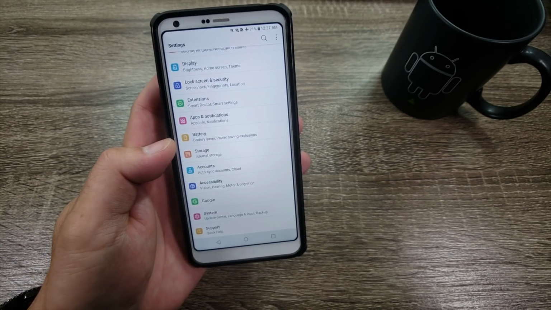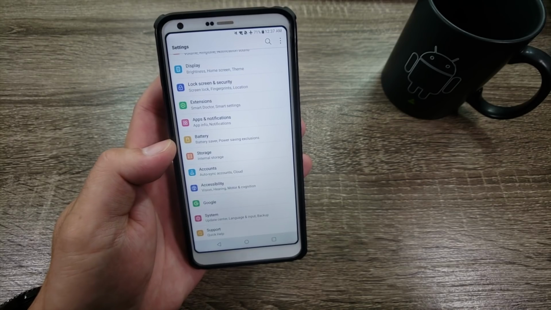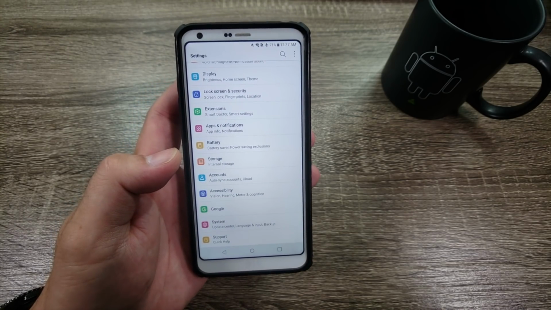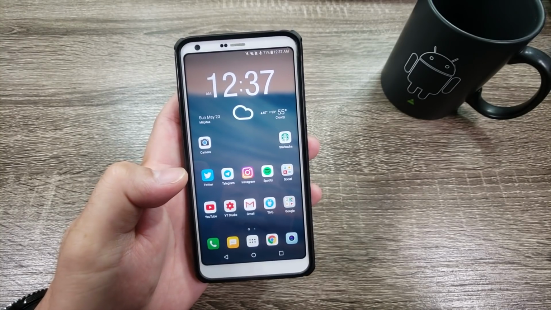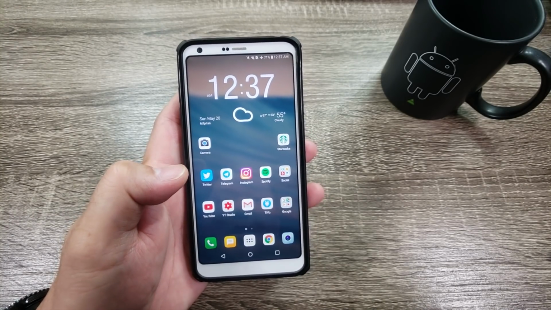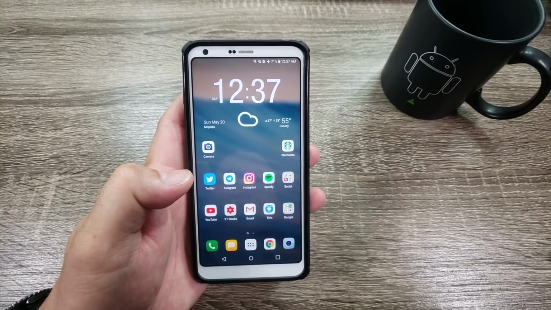And that's pretty much all the settings changes that I've noticed with Android Oreo on the G6. Again, if you know of any others, let me know in the comment section, because it does help other people as well. And here is the stock launcher, and I'm not really a fan of the LG stock launcher, but